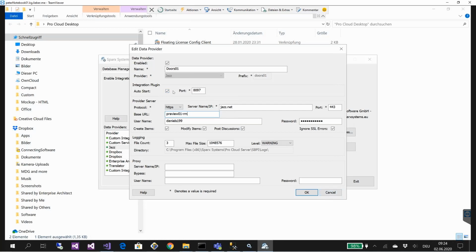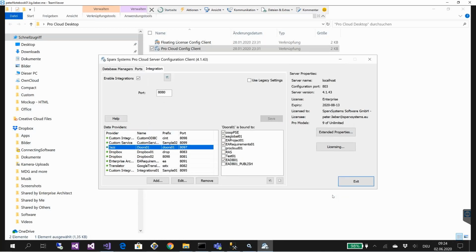What is also an important remark, this integration will always start if Pro Cloud Server starts. So if you define a new integration, it's necessary to reboot or restart. Reboot is not correct. To restart the Pro Cloud service so that these integrations are available. It looks a little bit powerful at the end, but typically you just need the 3 or 4 parameters to set